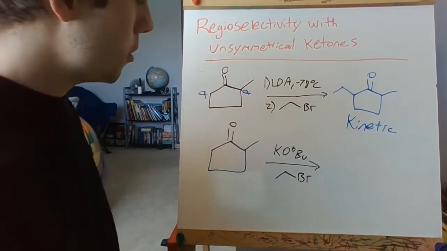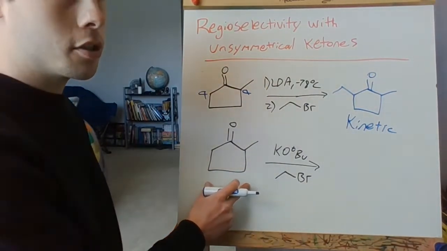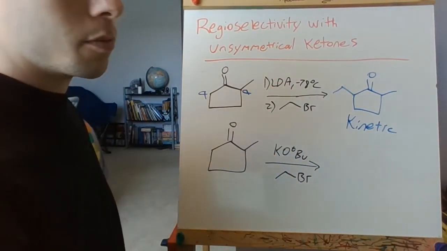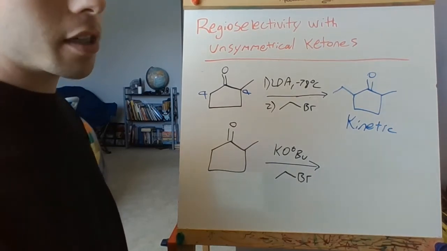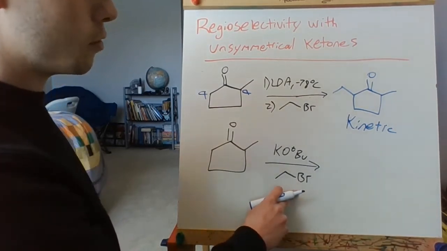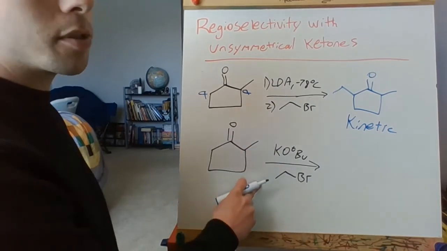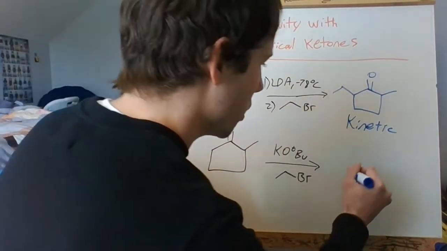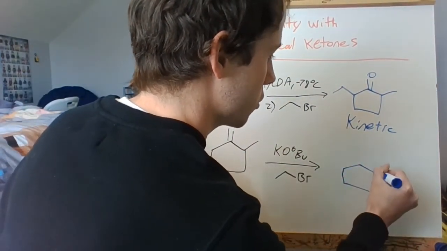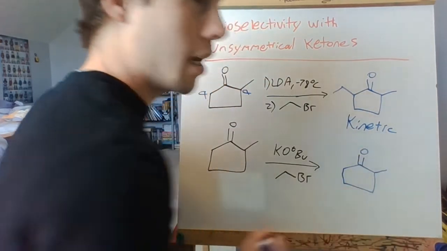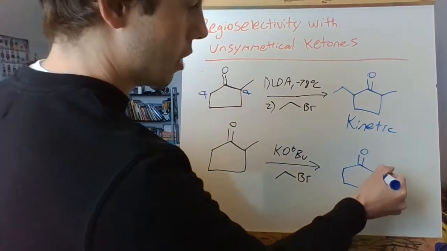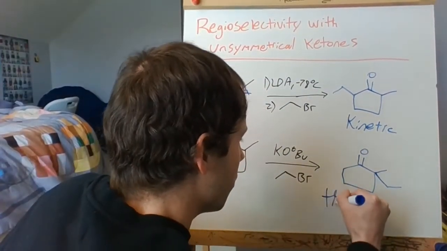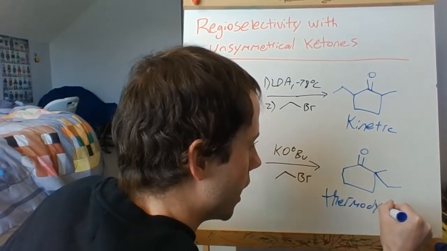And then if we switch the reaction conditions from LDA to potassium tert-butoxide or sodium tert-butoxide or some other type of tert-butoxide salt, we throw that in with the alkyl bromide. Notice this does not have 2 steps. It's all in the same pot at the same time. Instead of generating the kinetic product, we would generate what's called the thermodynamic product. And so we've added our ethyl group to the more substituted carbon, and we call this the thermodynamic